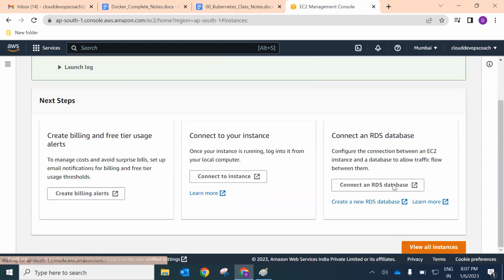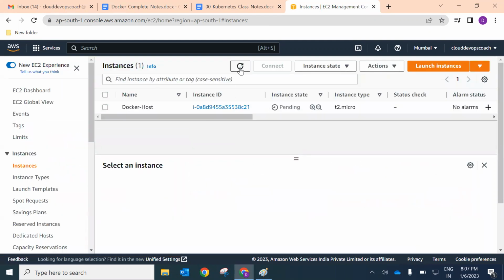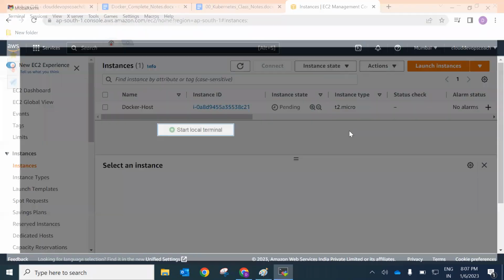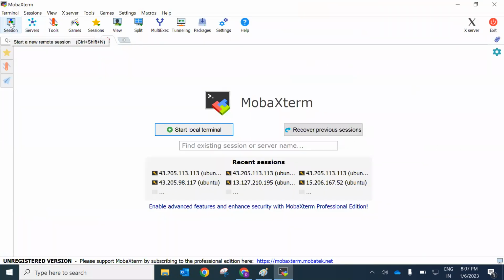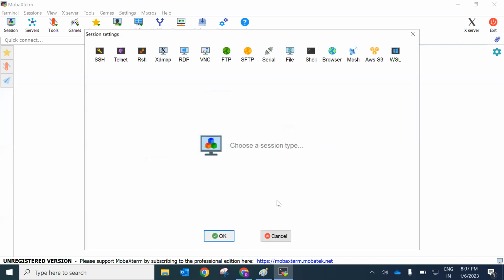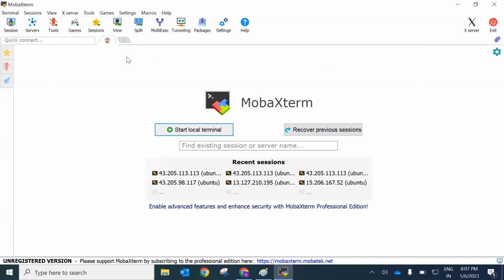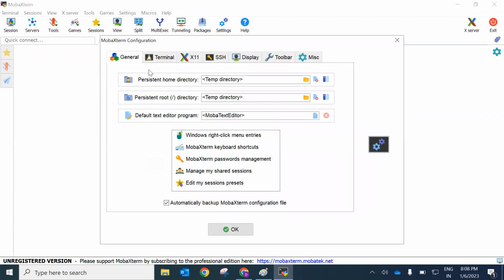With that, an instance will be launched for us. And how do we connect to the remote machine? Different people will be using different clients, and I personally use MobaXterm. Everybody in my team will be using the same. Click on session here. And one thing is, when you install MobaXterm, the first time go to settings,